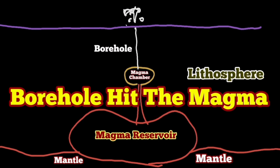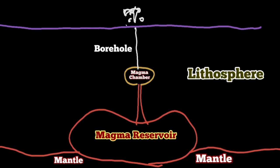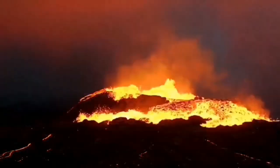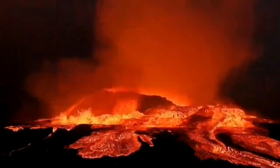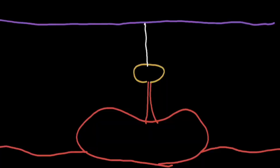I've been asked many times why we don't punch a hole through the earth's crust when we are waiting for a volcano to erupt, and the suspension actually is making people more worried. It causes damage to the businesses and the time of the people wasted. If we do that, something like this we expect to happen: suddenly a surge of the lava coming from the magma chamber, whatever is under it, and then erupt to the